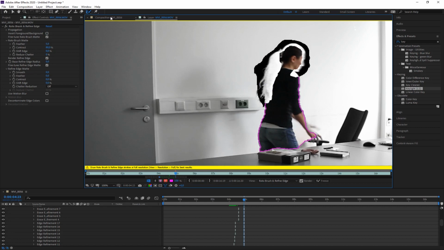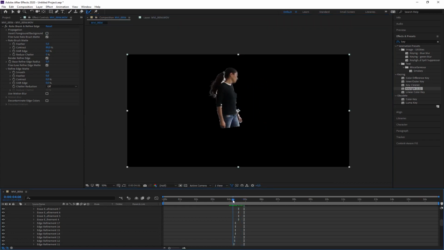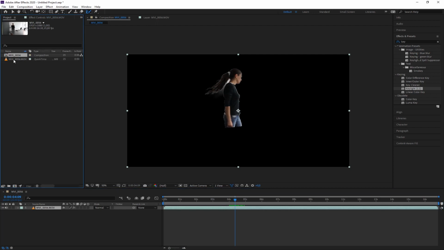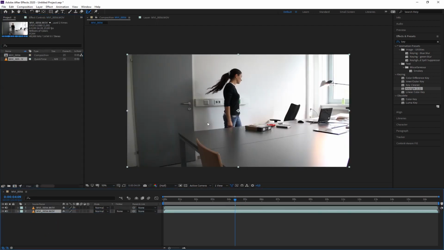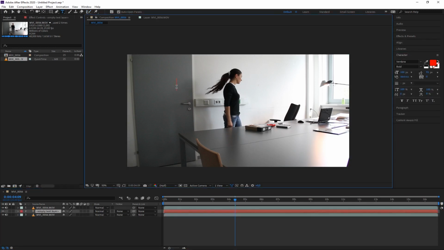And if I go back to my composition, I can see now that this second here is almost perfect, not really perfect. You can see the hair flowing. Let's make it a little bit better visible. I'm going to take the same video and put it underneath again. So the same video here, and put it one more time underneath. Now we don't see any effect, but now between those two layers, I'm going to put something, for example, and I've seen a lot of tutorials do it this way. They just put a